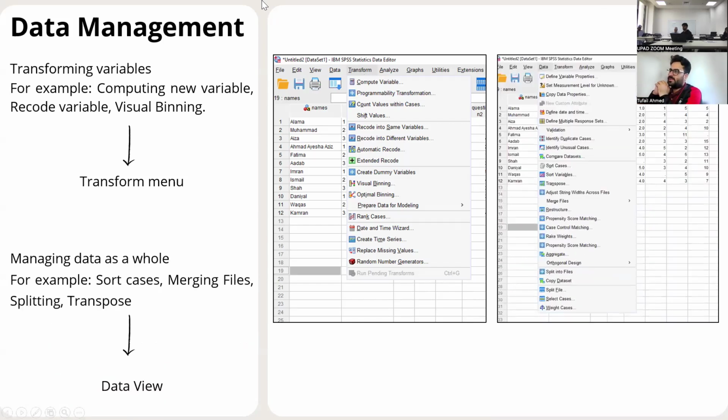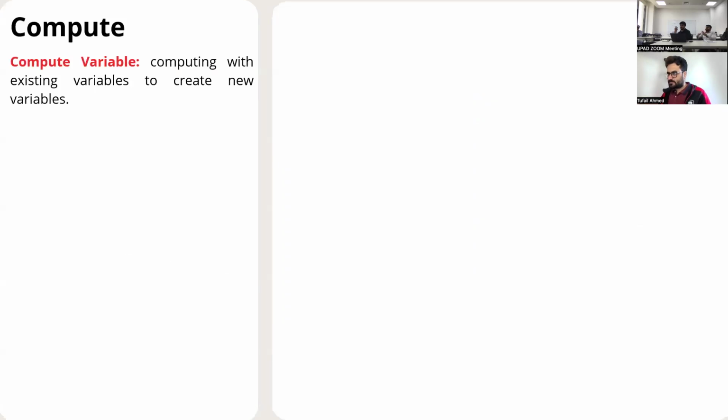And there is another tab, that is Data. What we do here is, if you want to merge two data files, sort cases, or split your data in two, and you can do a lot more things to it. So these are the two tabs that we use for our data management. In this workshop, we will only be using transform, because data can take time and also can be a bit confusing. We don't want to split or merge data. We only want to fix the data that has issues.